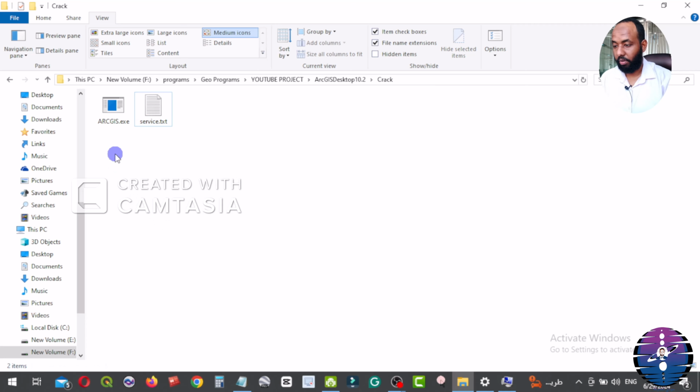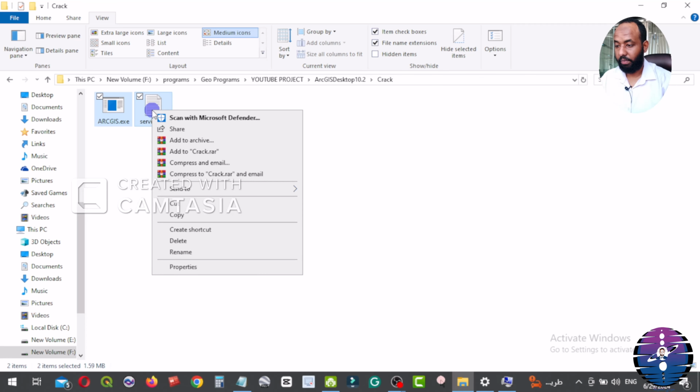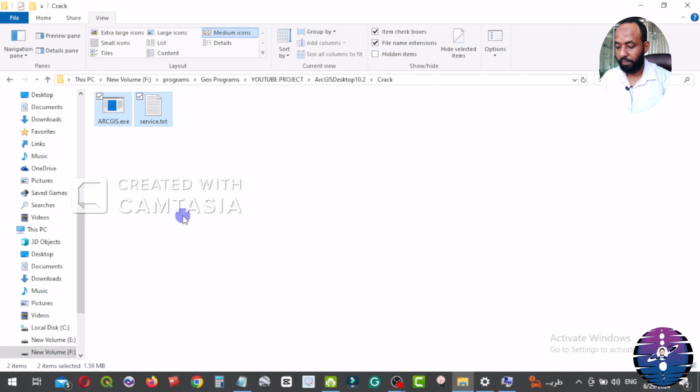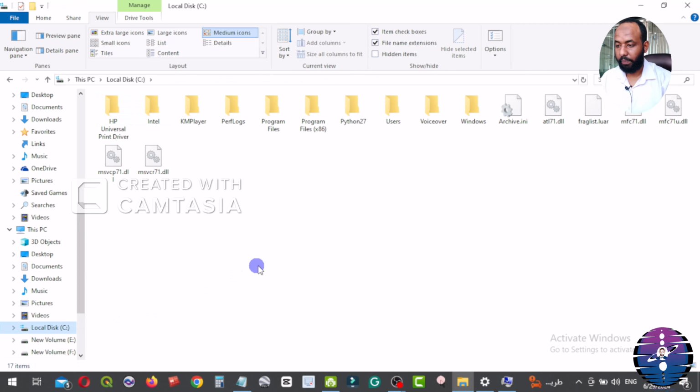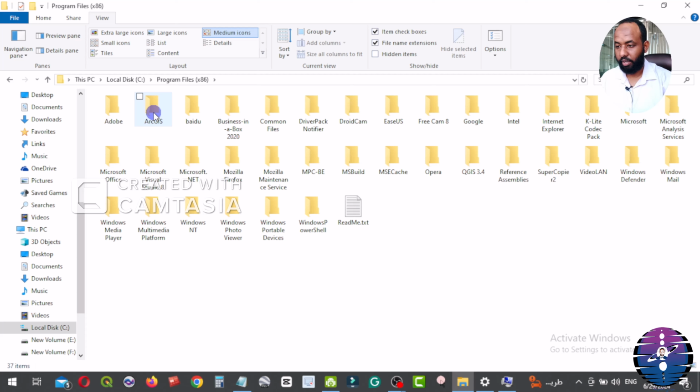After that, we make copies of both files, ArcGIS plus control and determine service. Okay, right click, copy. Then we move to local C device and go to program files, x86. Open ArcGIS.